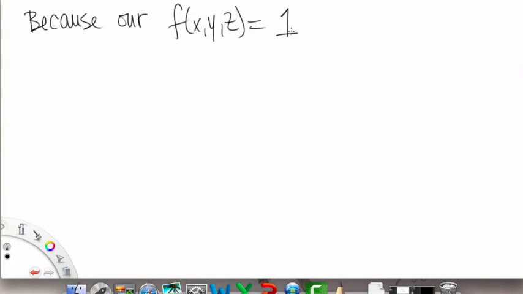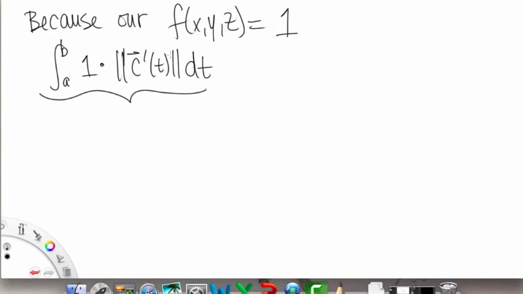So what this is basically, when we put everything together, is our f of x, y, z equaling 1, that was just 1 times the magnitude of the derivative of c of t times dt,